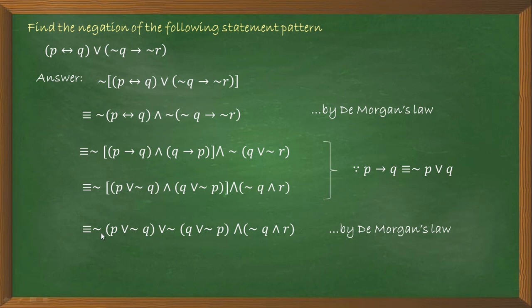Now the next step. Now operate the negation on this bracket, also on this bracket. So again De Morgan's law is important. By applying the negation, we write it in square bracket. For the first bracket we get negation P and Q. See here, OR becomes AND, OR as it is, and negation Q and P. So the square bracket is completed after using De Morgan's law. And this third one keep as it is, negation Q and R. Now observe this step carefully to simplify this.